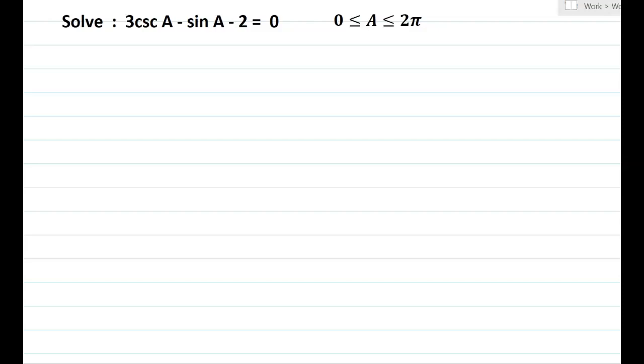Okay, let's solve this trigonometric equation: 3 cosecant of A minus sine A minus 2 equals 0. We want to solve for angle A, for all the values between 0 and 2 pi. All right, first thing, just a reminder, the cosecant